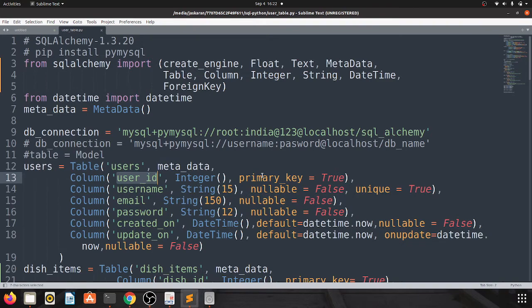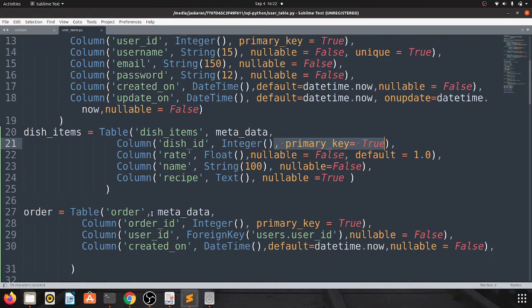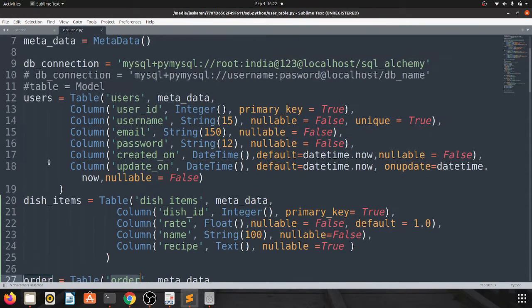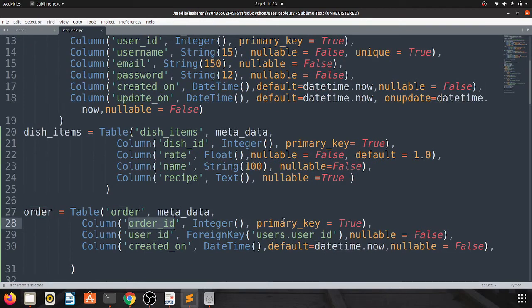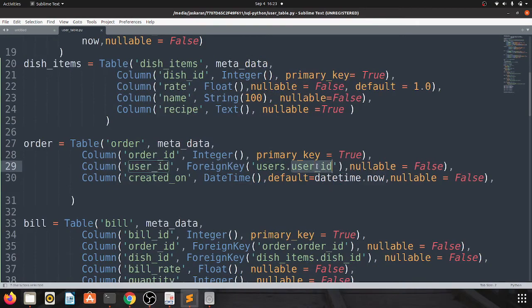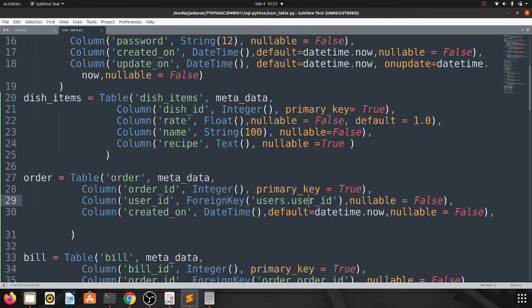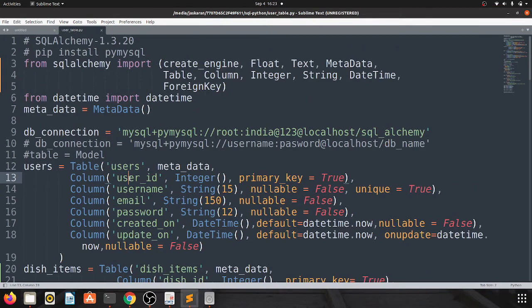This is the primary key and this is the dish table. This table has one primary key, okay, and order has one primary key and one foreign key, where I have explained the foreign key contains user dot user id, the foreign key relationship with the user table and user id.